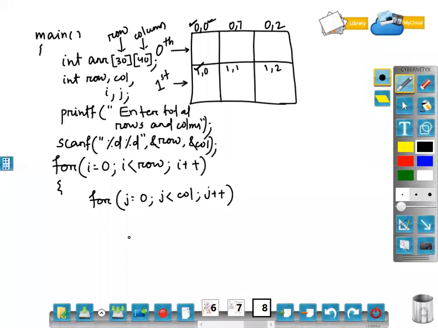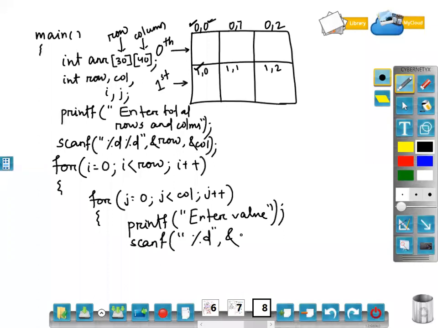And here I will take the input. printf Enter value. Okay. So I have taken the input. How? Now scanf percentage d, ampersand. What is the array name? arr. But here I will add i and j.